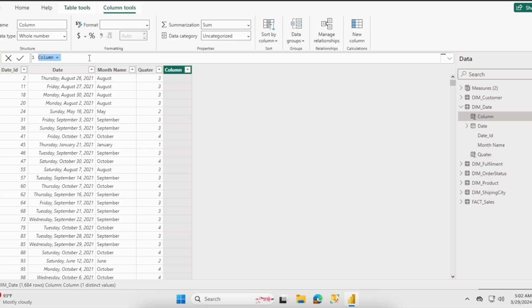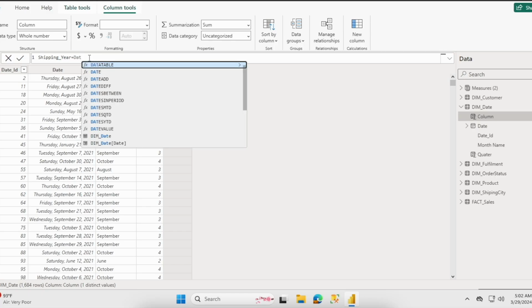This time we are going to extract the year, so accordingly we are going to name it Shipping Year equals. For that we have to use this date, dim date, this one.